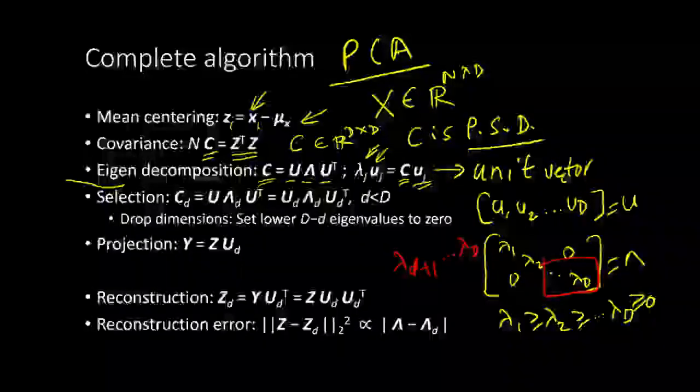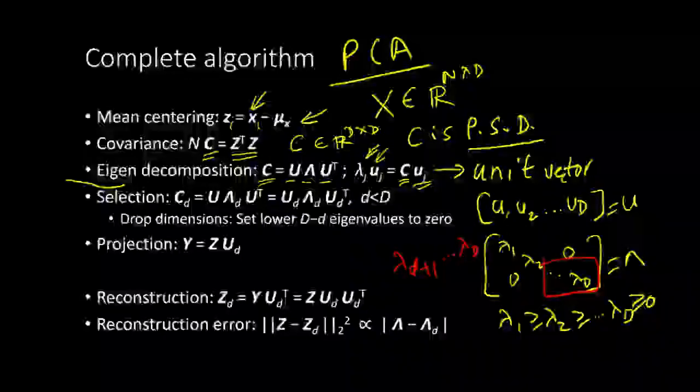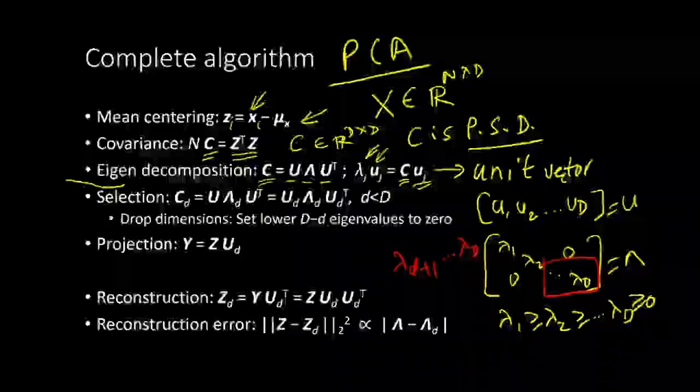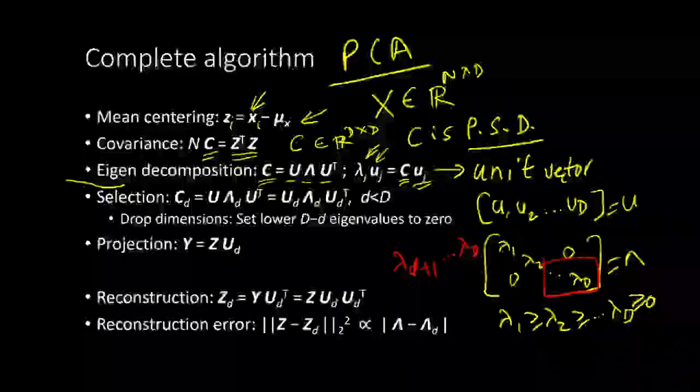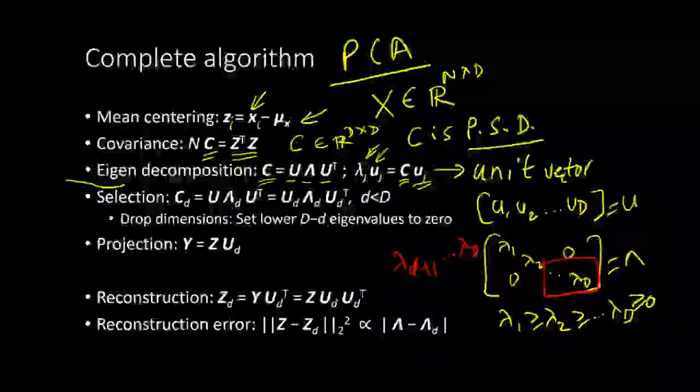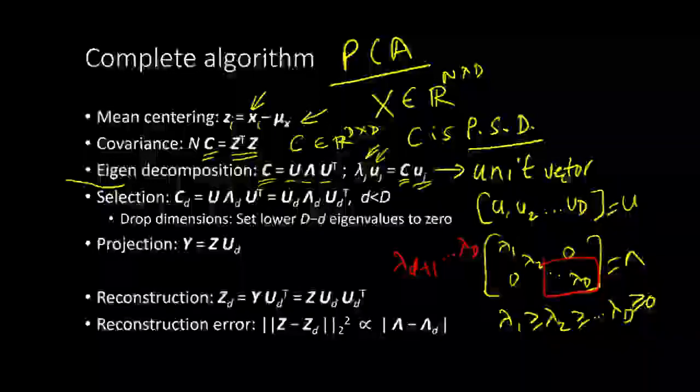These ones we will not worry about. Okay, what we will do is we will set them to 0. In the process of setting them to 0, we are as if saying that those directions don't matter. We are setting the u also to 0, u d plus 1 to u capital D. So basically what we will get is that we can now have a decomposition where this C small d is very similar to capital C in the sense that it is capturing all the covariances or approximating them.